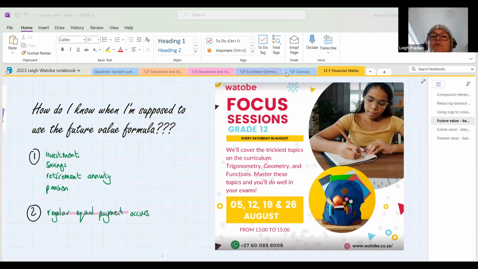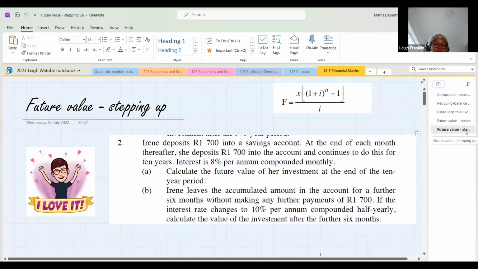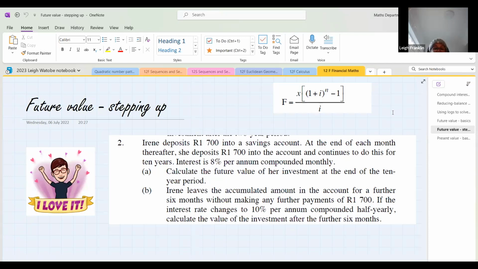Good afternoon, Nondamisa. Let's jump into what we are talking about today, which is future value. In our last lesson, we spoke about the basics when it came to the future value formula. So what we need to do today is focus on the slightly more difficult questions that can occur when we are working with the future value formula. Okay, so let's have a look at